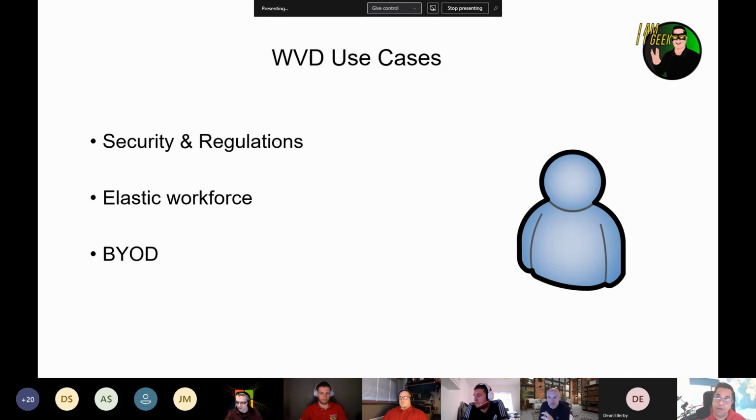BYOD, or bring your own device, or a customer said to me today, "use your own device" is what they call it. It's the first time I've heard that, but maybe people use that. I mentioned mobile users using their own devices at home to essentially use WVD, and you can control that with MFA and conditional access. Then specialized workloads, like I mentioned, designing and engineering, legacy apps and software development and testing. They're looking towards WVD as well to use its different features.